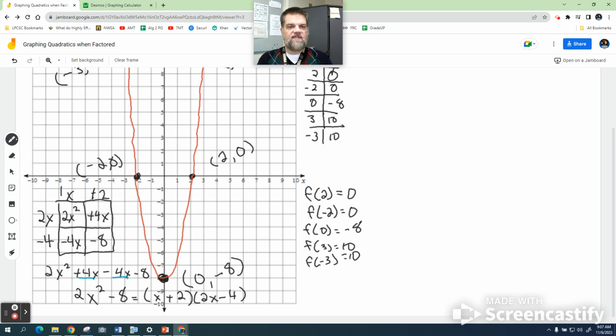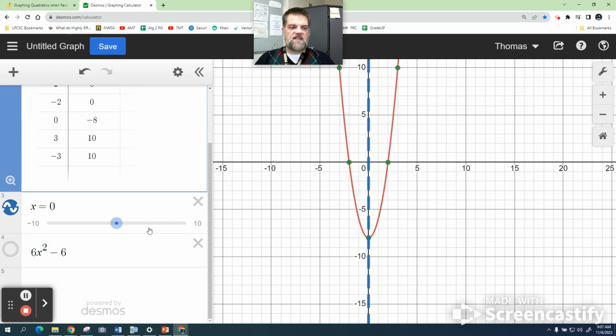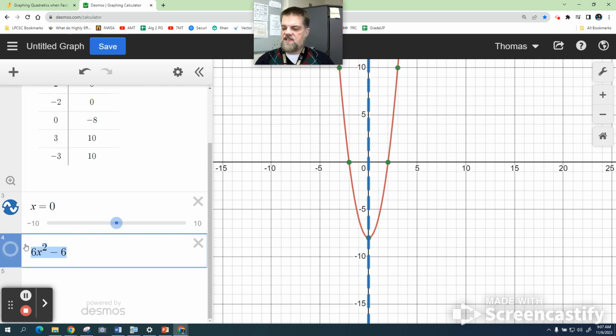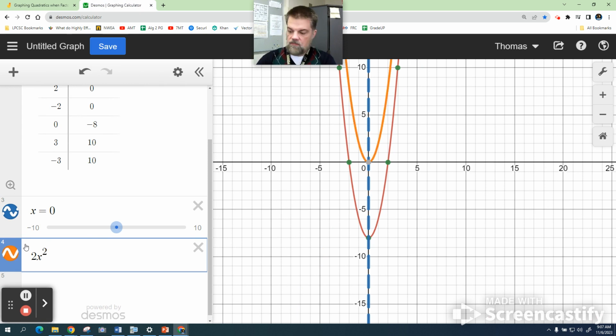But both of those have the same mathematical relationship. To verify that, I'm going to plug this in Desmos. So here's my graph, and then down here, if I put, what was it again? 2x squared minus 8. Okay, so they match up, right? And we've labeled all